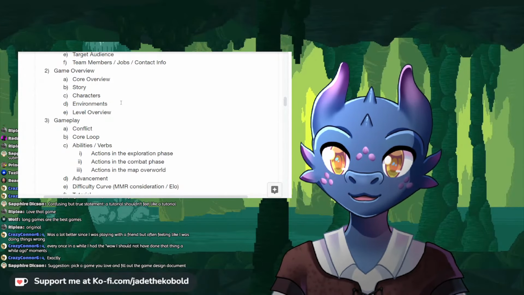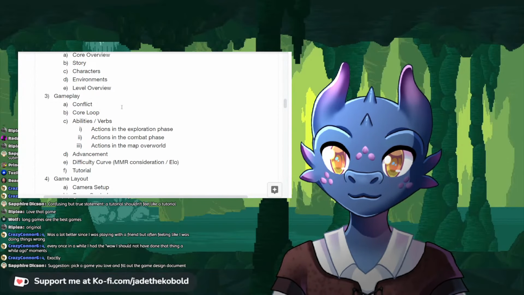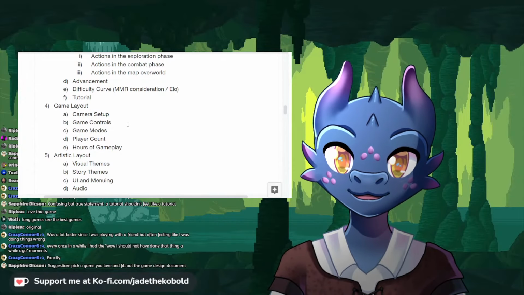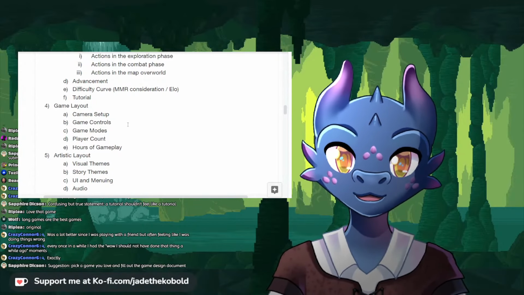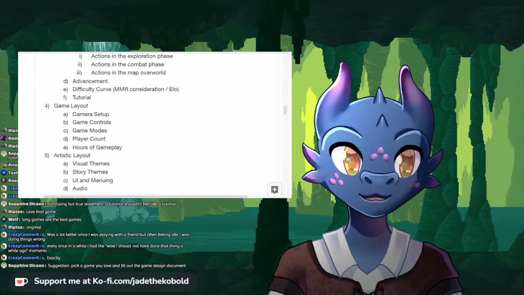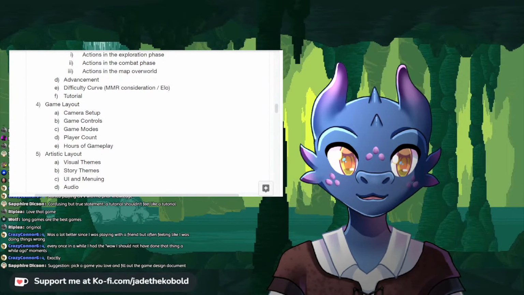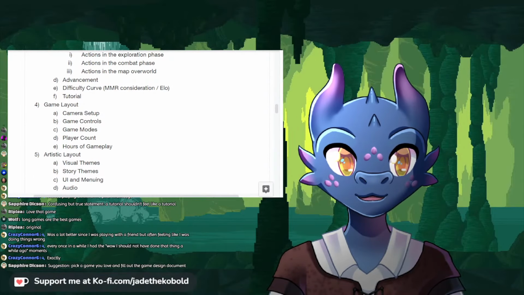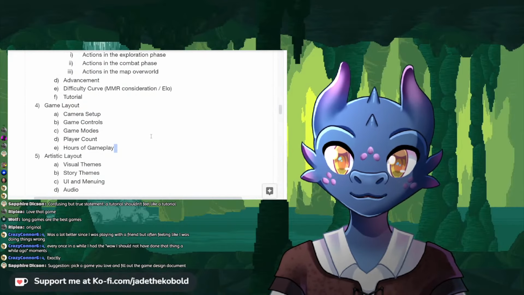And the core gameplay loop is dictated by the core overview and the characters and environments, and probably the level. All these things tie together. If you change one thing, pay attention to what the cascades are. And that doesn't mean don't change things. Do not make that your takeaway. The takeaway is that this is not an enshrined document. You don't have a single God-granted game dev document that is where all of your hopes and dreams come from. This can change and should change and naturally will change,